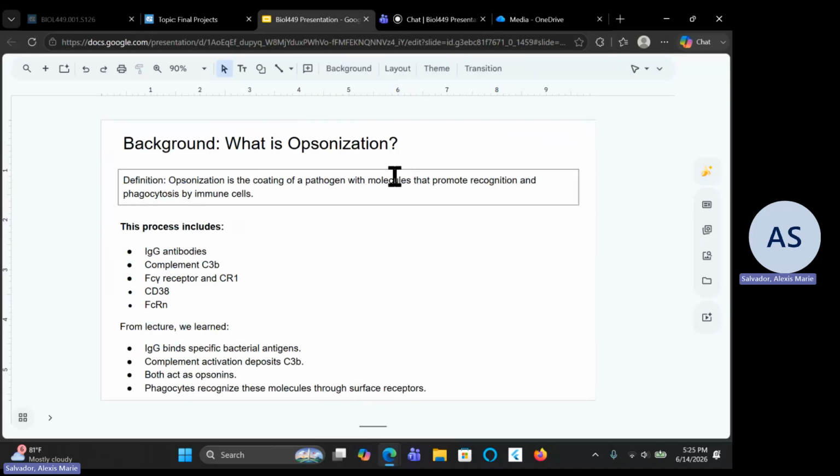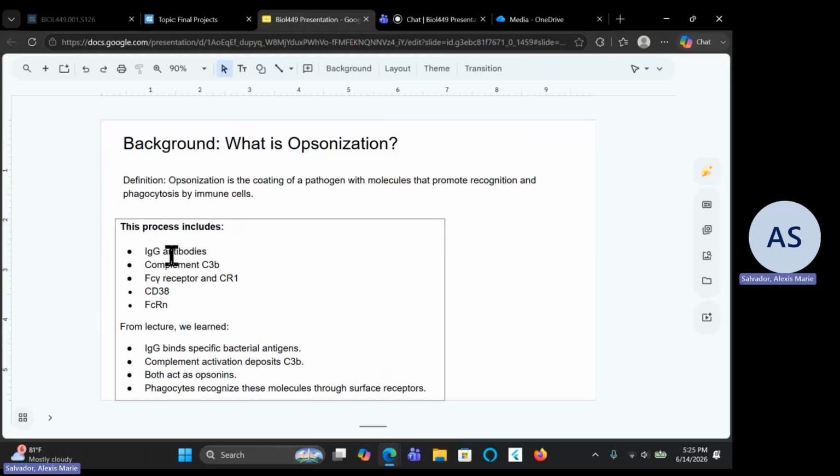So this is a little bit redundant, but what is opsonization? Opsonization is the coating of a pathogen with molecules that promote recognition and phagocytosis by immune cells. This should be basically pretty similar to what we learned in class. These are the components that this process includes. So these are some things that we'll need to know in order to look at the papers, the figures that I'm going to describe. And from lecture, we learned IgG binds specific bacterial antigens, complement activation deposits C3b, both act as opsonins, and phagocytes recognize these molecules through surface receptors. Think of this as like a flipped classroom type thing, like I'm teaching you these things first so you can